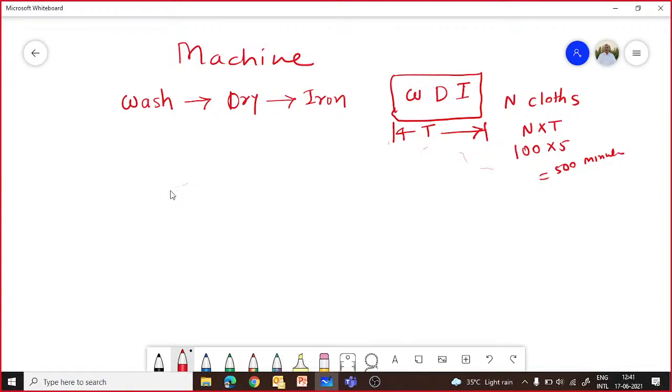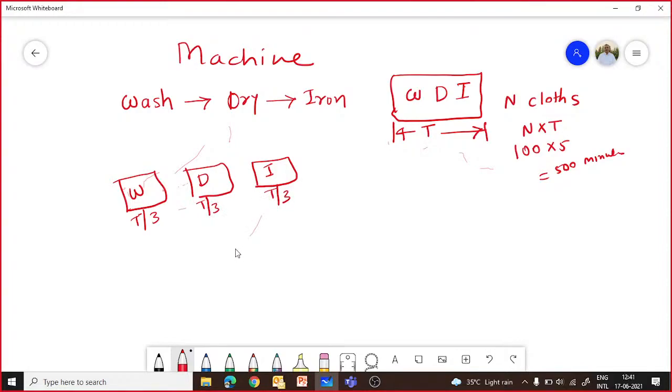Now consider that you are using pipeline and you have split this machine into 3 stages. One is W, another one is dry D, and third one is iron. And consider that all these 3 are taking time T by 3, T by 3 and T by 3. Now you have split the machine.